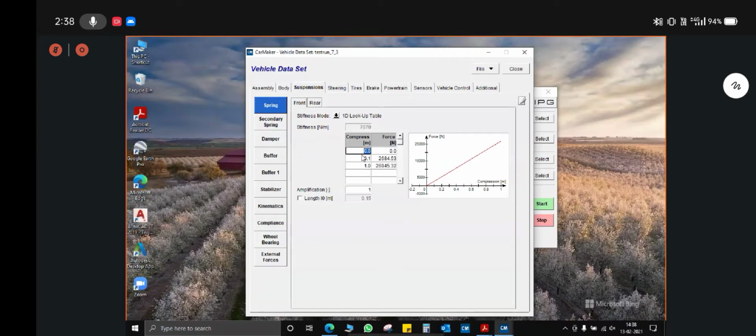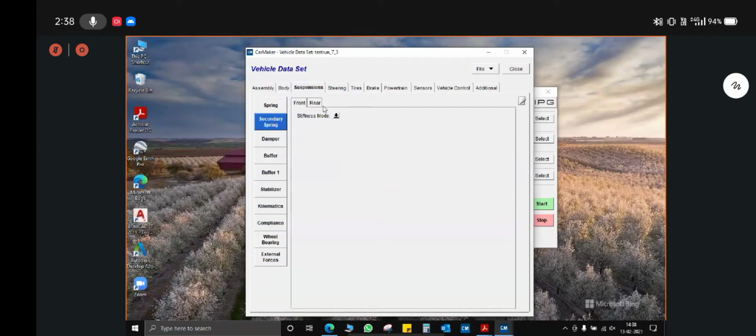But we recommend you increase your node points as high as possible, because if the node points are low, there might be an issue with the simulation and it can show an error, because suspension has a tendency of gradual force restoration. So the more node points, the better the simulation will run. Currently I have selected a characteristic value and amplification is 1.0. This you can use for reverse engineering, as I already mentioned previously, to find out the optimum stiffness value required for your vehicle. Similarly, for the rear, you have to define it.